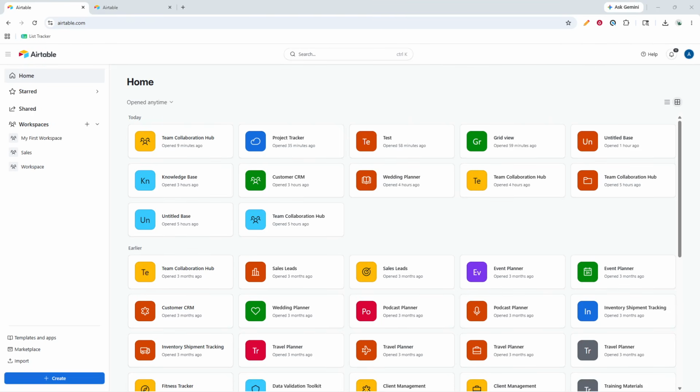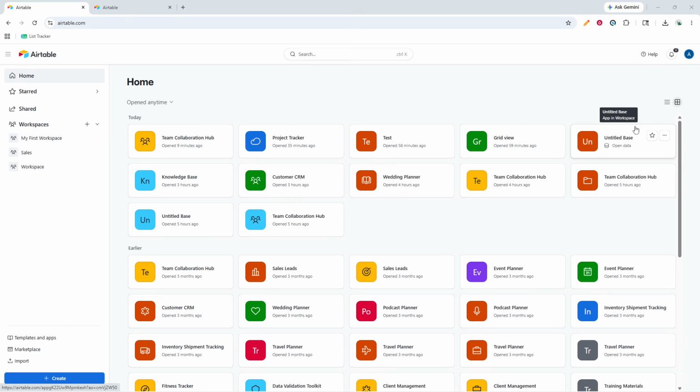In today's video, I'm going to teach you how to turn on dark mode in Airtable. If you spend long hours building bases or managing projects, switching to a darker theme can make your workspace easier on the eyes, improve readability in low light, and even help conserve battery life on some displays. Let's walk through it together in a clear, simple flow so you can make the switch in just a few